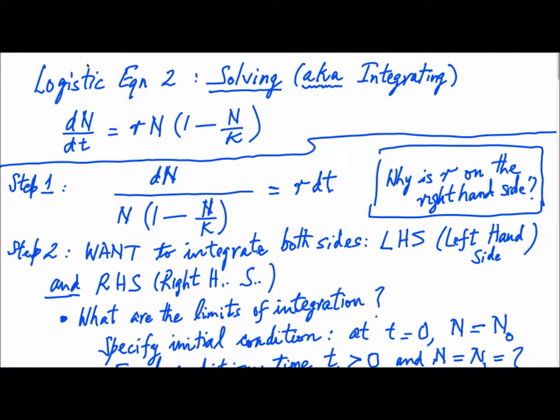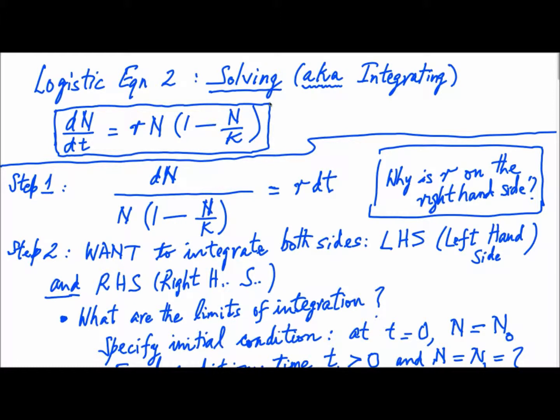This is the second module on the logistic equation, and the goal here is to figure out how we solve the logistic equation. If you remember, the logistic is this expression here in the box. And it says that the rate of change of the total number of individuals n in